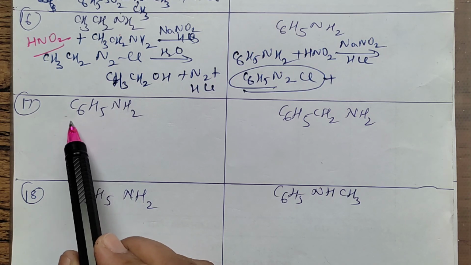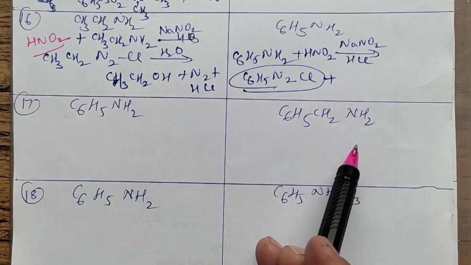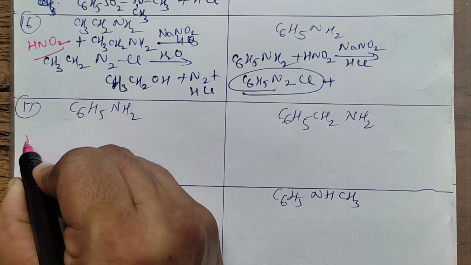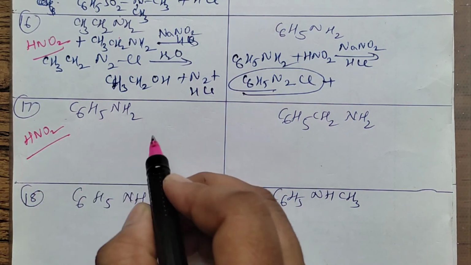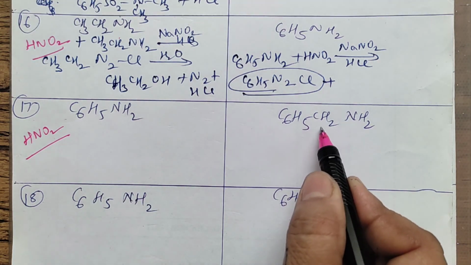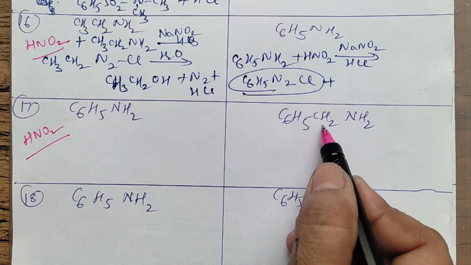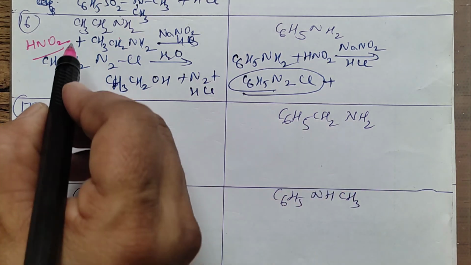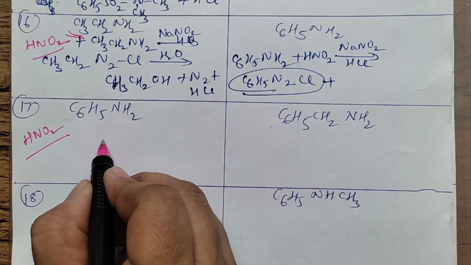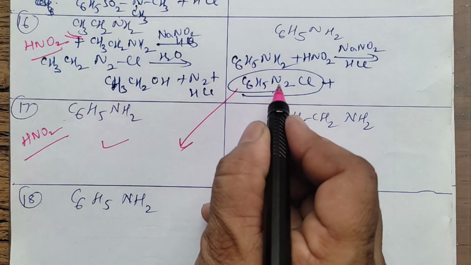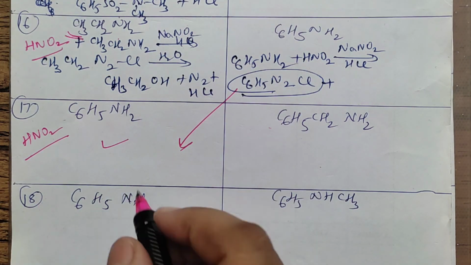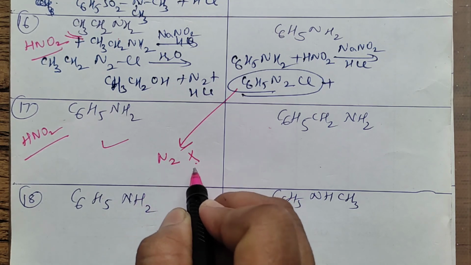This is aromatic amine. This is aliphatic. Same case. I think you can try this on your own. HNO2 can be taken. This is aromatic amine. This is aliphatic amine. The ring is there, but in between NH2 and ring there is CH2. So instead of this CH3, you will put C6H5. You will copy down this equation here, that the product formed is stable. It does not give N2. N2 evolution does not occur here.